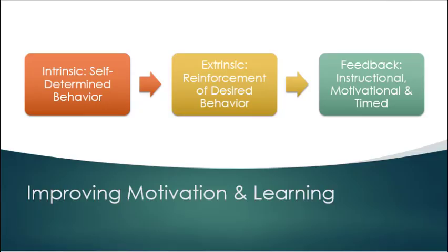So in order to improve motivation and learning, we need to focus on intrinsic motivation and extrinsic motivation, using the proper feedback. Again, with intrinsic motivation, developing self-determined behavior. With extrinsic motivation, that's where reinforcement of desired behaviors really comes into play. And it's important to understand that instructional and motivational feedback is critical, especially when we praise effort over results, as well as knowing when we're supposed to give feedback, how often, what's our frequency, what's the timing of that feedback. And we'll discuss some of those strategies as we move along in this